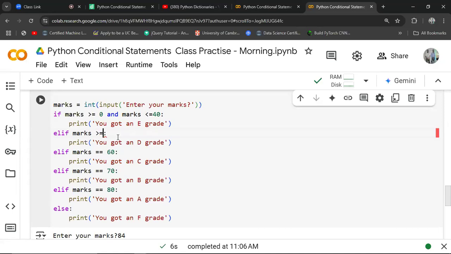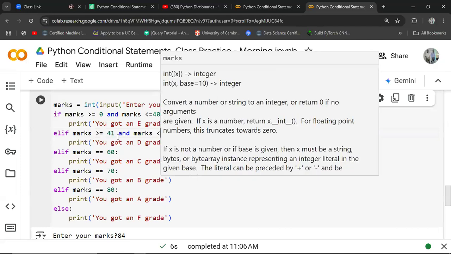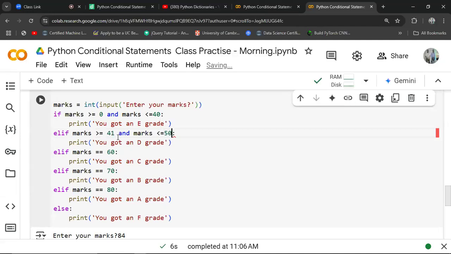So you can say here that your marks should be greater or equal to 41. This is the lower limit. And your marks should be less or equal to 50. So that is a grade C. Now similarly, we can do the same for all these other ones. We are saying that your marks should be greater or equal to 51, and your marks should be, again, less or equal